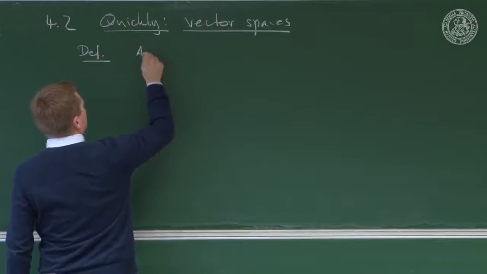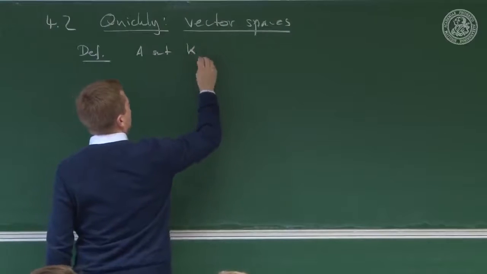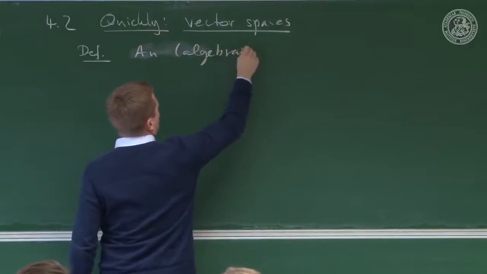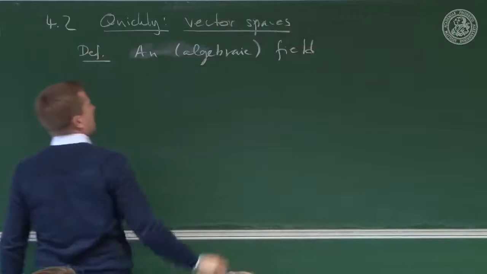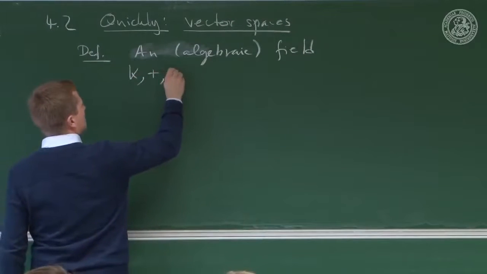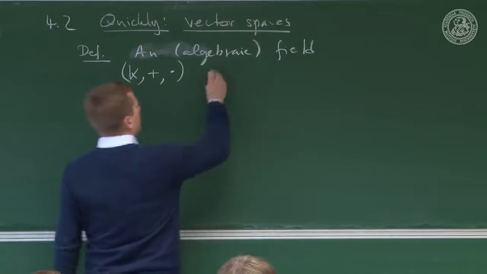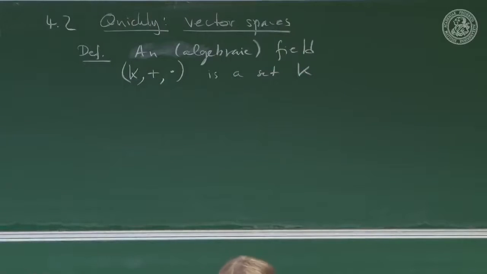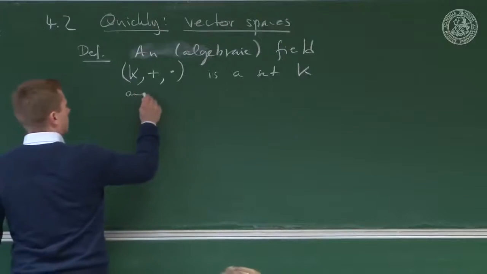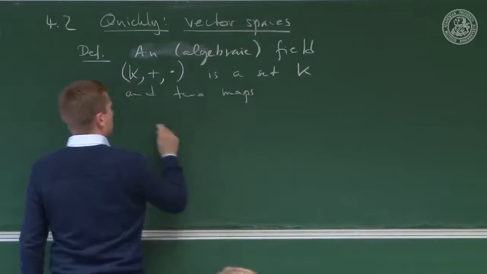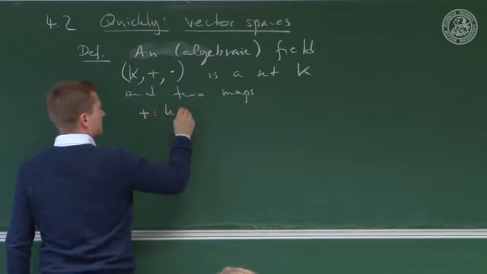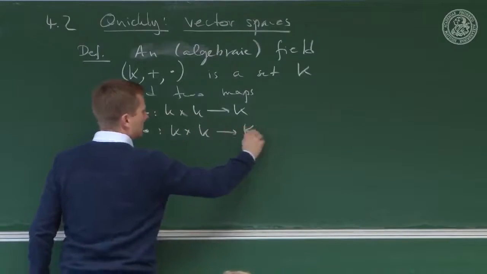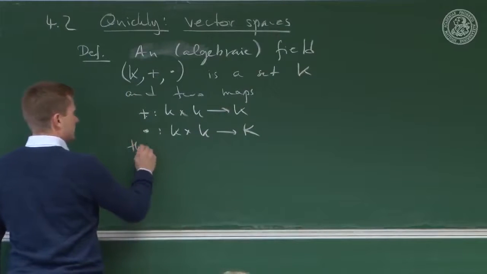So a set K, or let's say a field, an algebraic field, but mathematicians just call it field. An algebraic field is a triple (K, plus, times), a set K together with two maps. Addition takes two elements in K and maps it to K, and multiplication also takes two elements of K and maps it to K, that satisfy